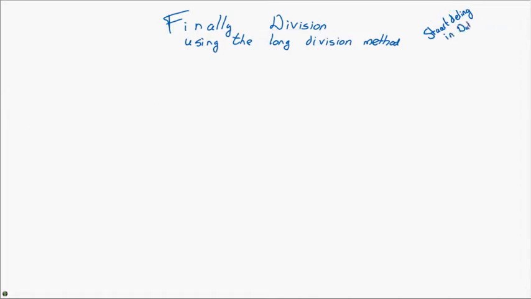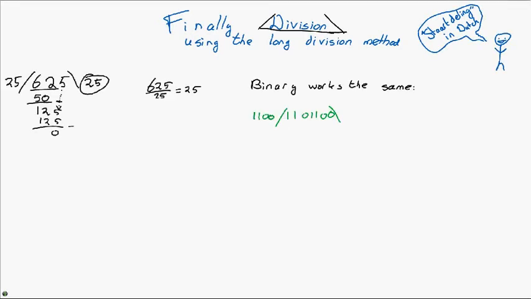In binary, this works exactly the same. Let's say we have 11011000 and we want to divide that by 1100. We start with one digit, 1. Does it fit in there? No, it does not. Does it fit in 11? No, it does not. We drop down another digit, 110. Still doesn't fit. 1101. Ah,